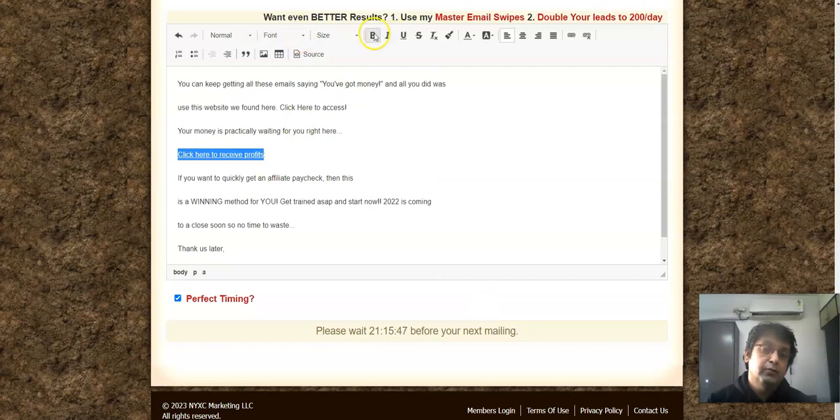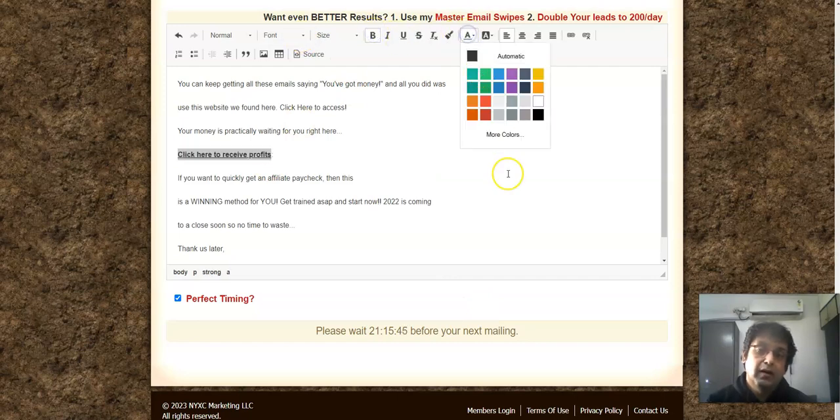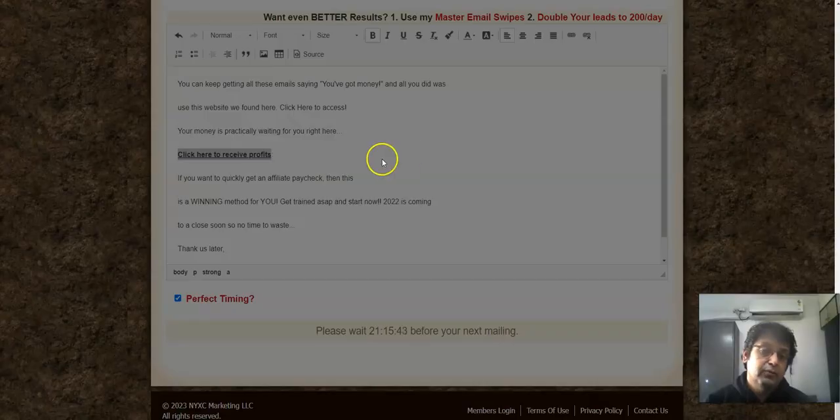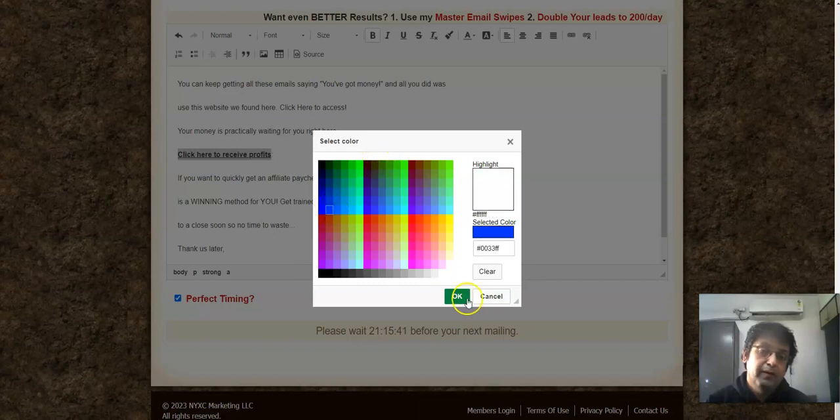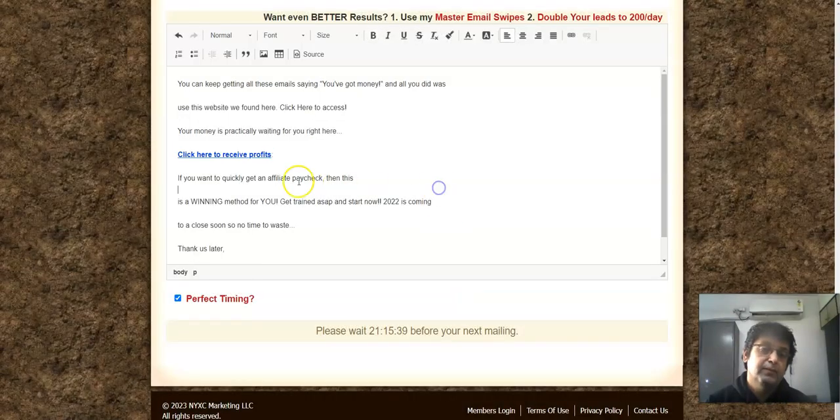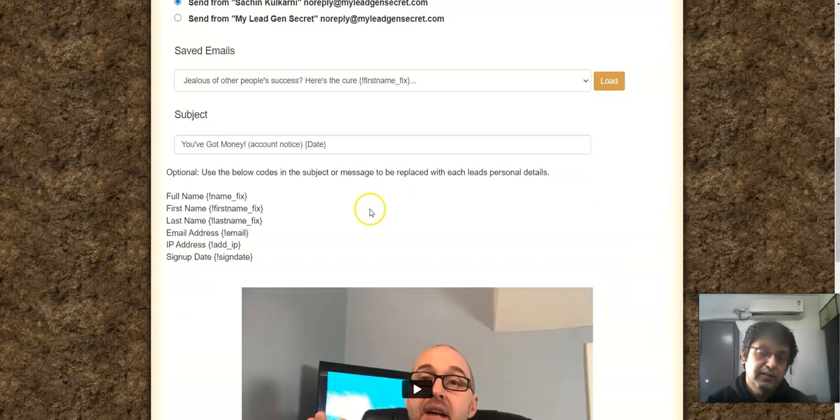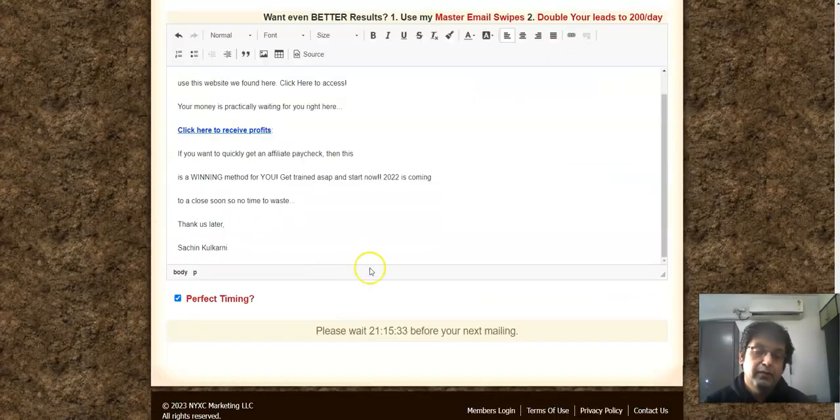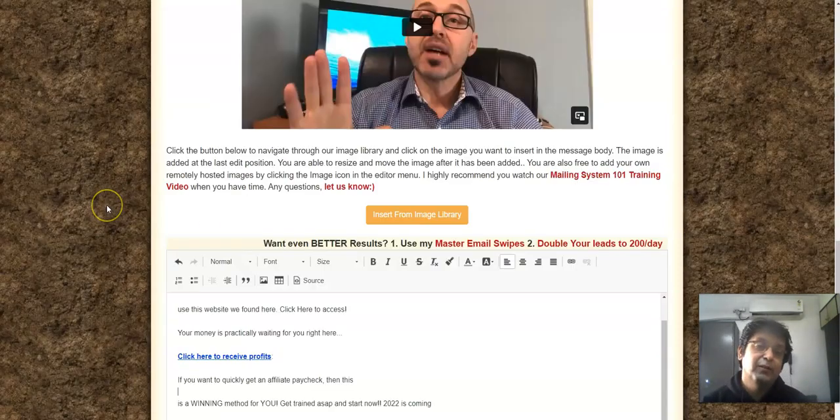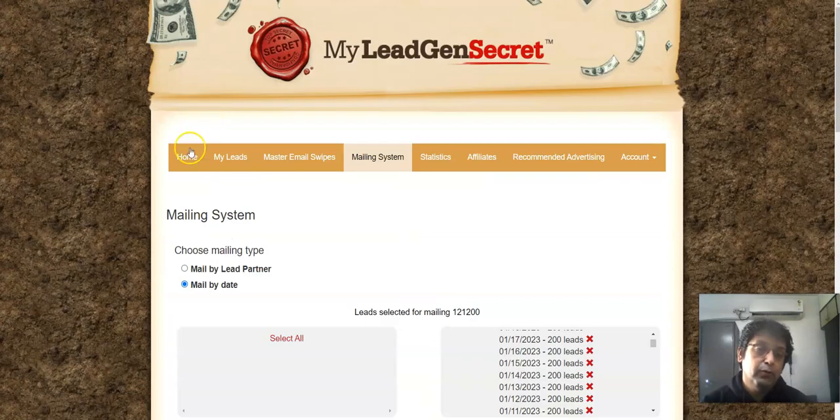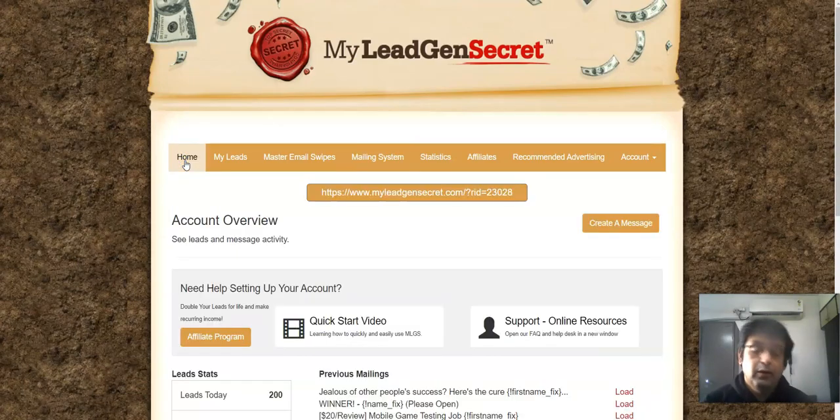You can basically do bold, you can color it so that it looks really great. All right, that's it. The email is set up, your leads are selected. Just need to preview. Now I cannot preview over here because today's email I have already sent, but you will be able to preview and send it. So this is the way you can send a Warriorplus offer to My Lead Gen Secrets, and a lot of time